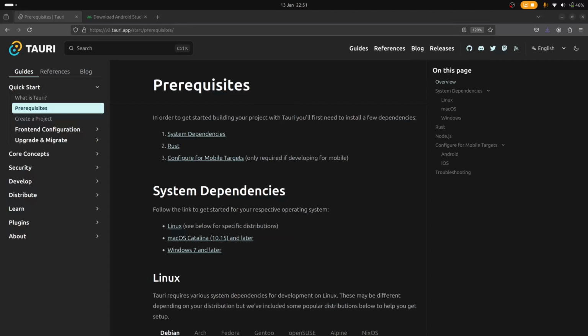In this video, I'm going to show you how to get started using the Tauri framework. If you haven't installed Tauri yet, just head over to the Tauri website and they've got a pretty good guide on how to get everything configured and working. But assuming that you've installed Tauri and all the required dependencies, let's go ahead and create a brand new project